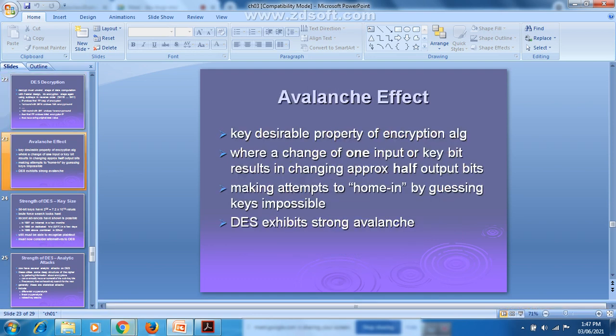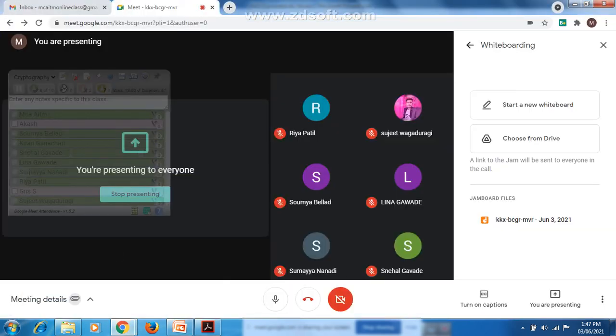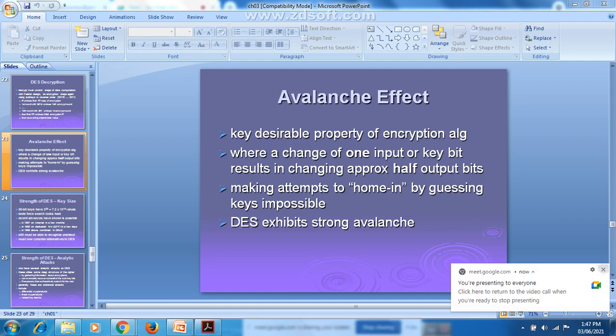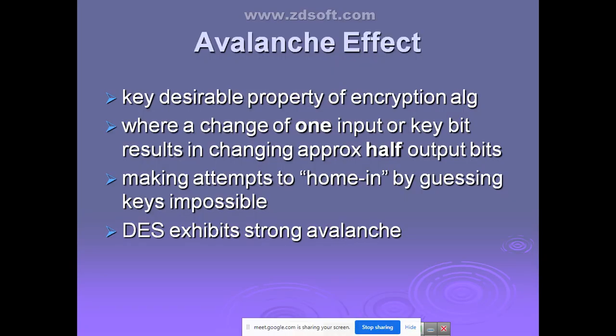In that we have seen how the initial permutation works, what the structure of each round is, what the permutation table and the expansion table are, how the S box structure is, and how a 64 bit key is converted into 56 bits, and that 56 bits is converted into 48 bits. Everything we have studied here in a diagrammatic manner.